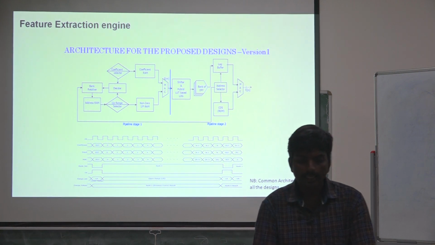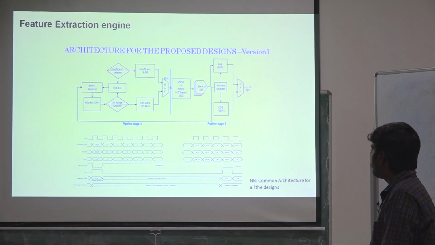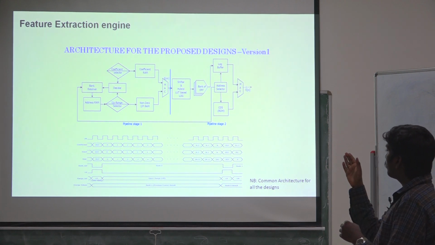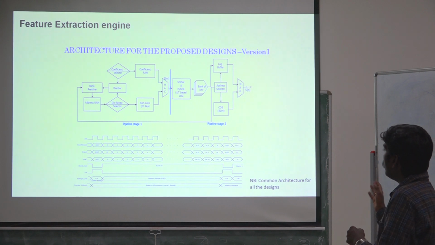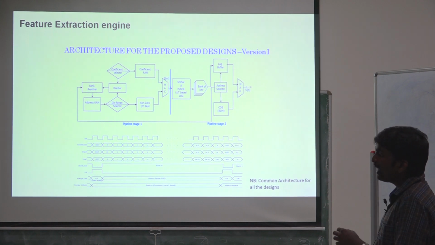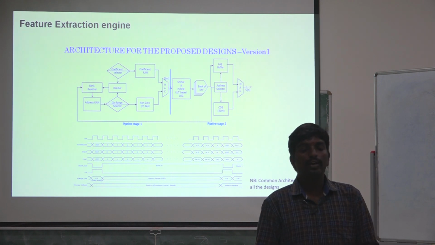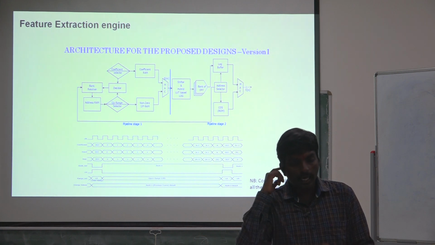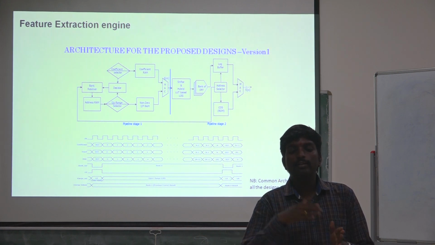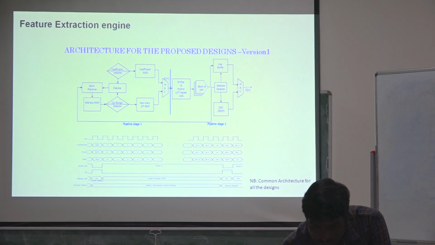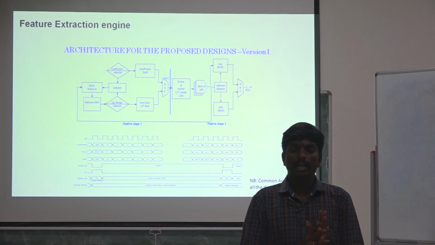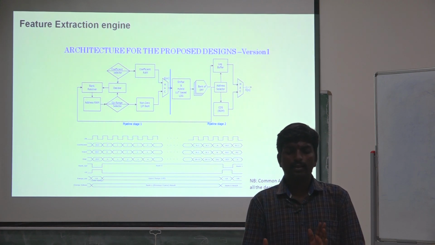Down here the clock diagram is shown. Whenever a reset happens, after the reset the master counter starts from 0 to n, and from that point onwards we generate the input address for the coefficient RAM and FFT RAM. Whenever these addresses are generated from the address RAM, it calculates, and then does the upper range and lower range calculation for the mel bank calculations. Once all this address calculation is done, the S of n and C of n computation will happen.